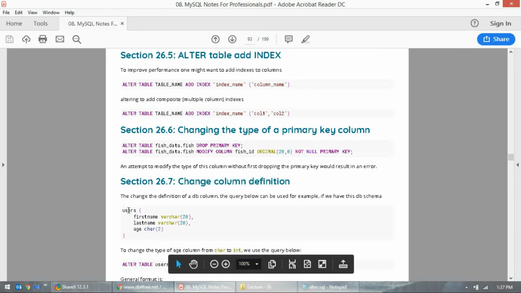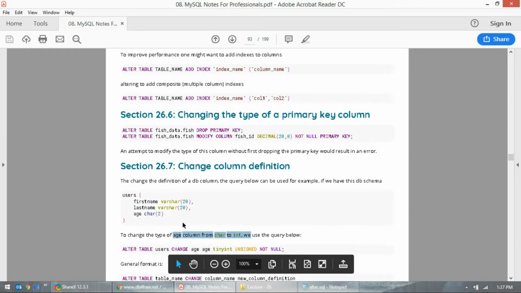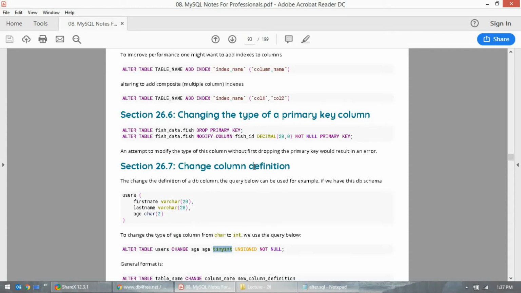So with the users table, the first name is this, and you want to change the age column from character to int. Then you can use this. And you can use tinyint. You want tinyint, right? Because the maximum age doesn't go to 4 digits.